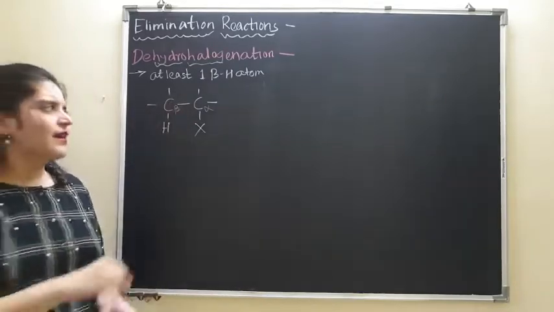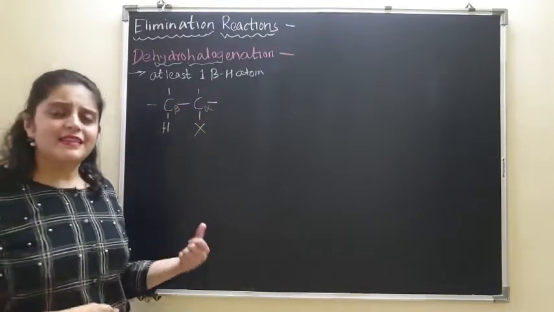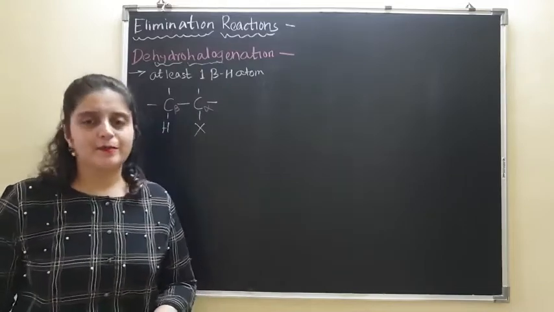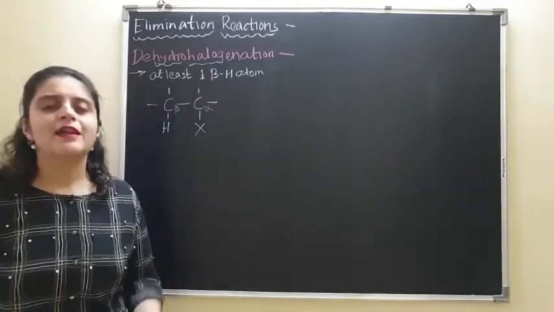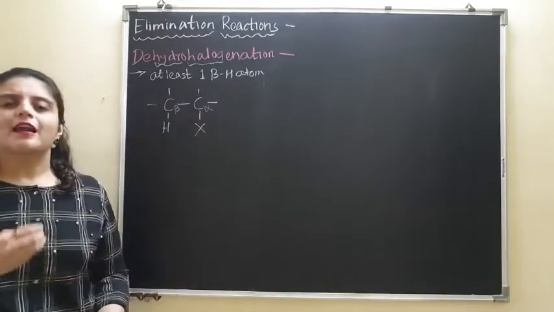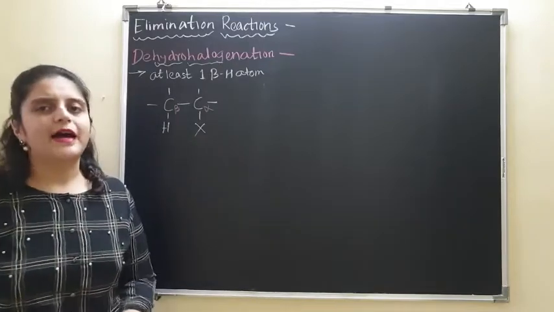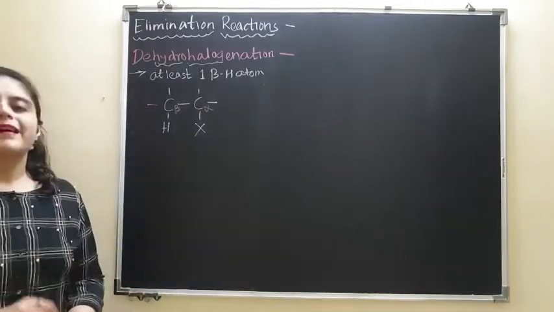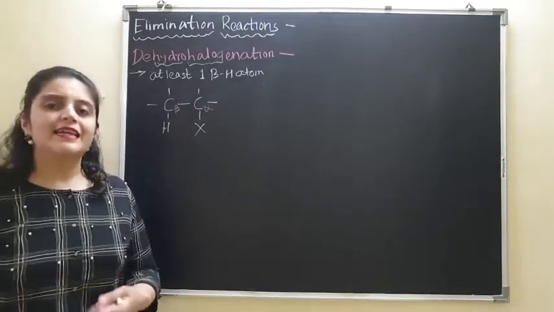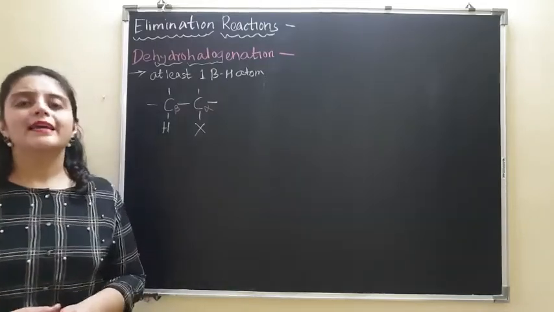Right now we are not worried what is attached on the other side. In this example we are just trying to understand what is alpha carbon, what is beta carbon, what is beta hydrogen, and how that elimination reaction takes place. So the carbon to which halogen is attached is alpha, and the next carbon has to be beta carbon. Now, when such alkyl halides, which have at least one beta carbon atom, are boiled with alcoholic KOH.